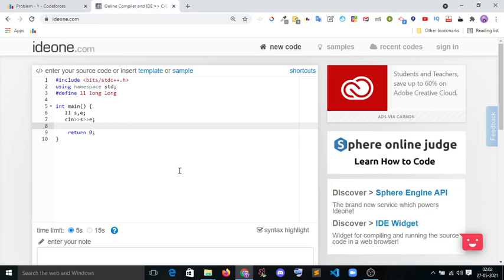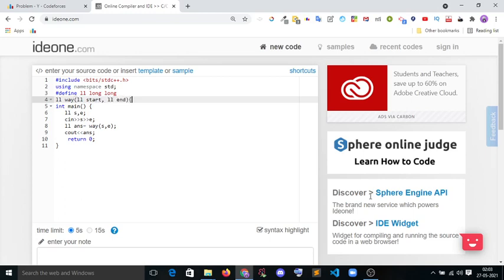We have to find the paths. Okay, so long long answer equal to the base function, and we have to pass the inputs S comma E. Okay, and cout answer. Okay, so long long ways, with long long start, long long end.